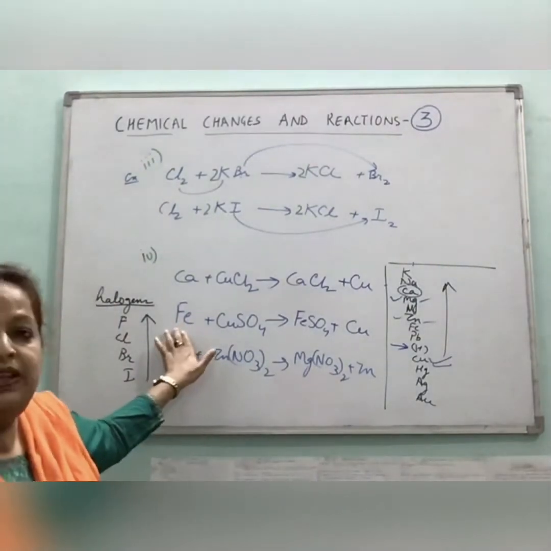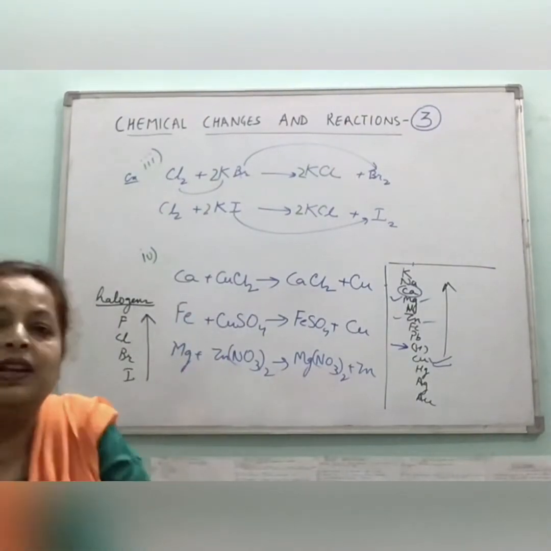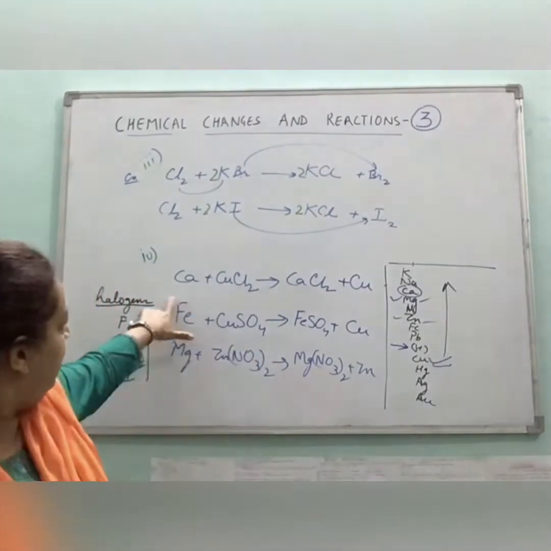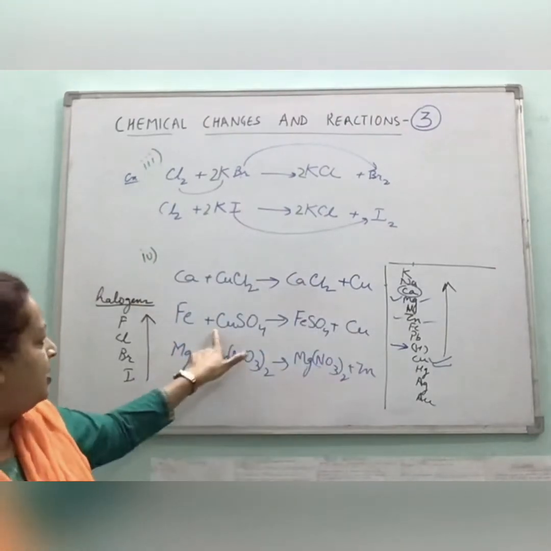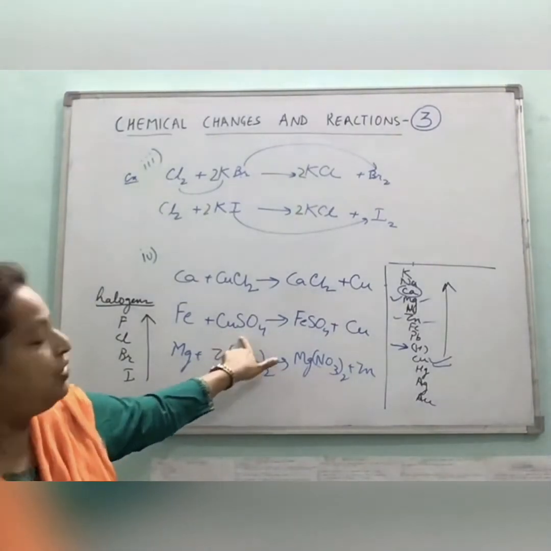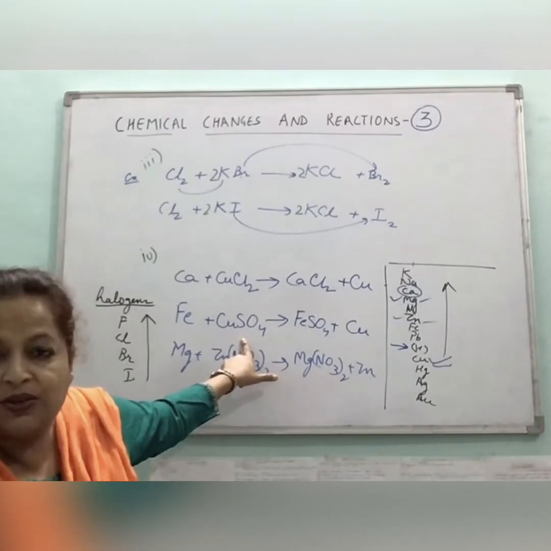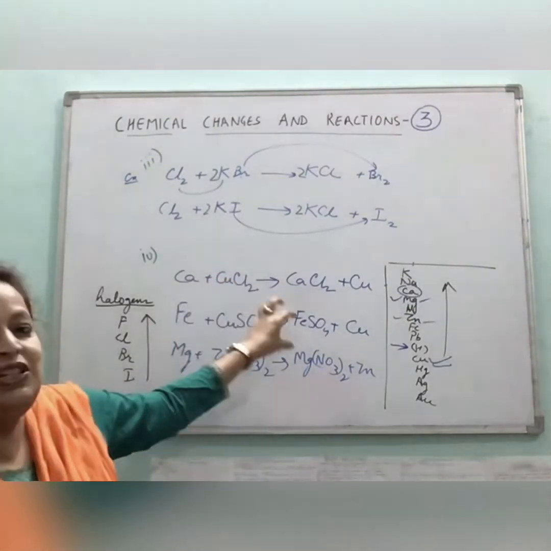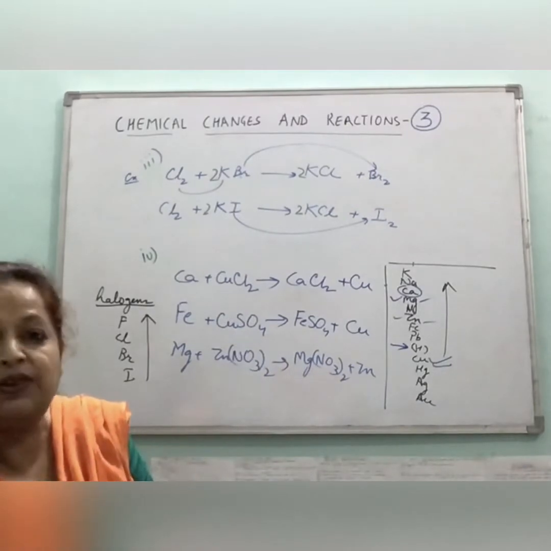Alright, now we were doing simple displacement type of reaction. And what is simple displacement type of reaction? The reaction in which an active element displaces the less active element from its compound. It should be a compound, and the compound should be in which form? We should dissolve it. It should be in solution form. Reaction will not take place if you put it in solid state, right? If this is in dry solid form, reaction will not take place.